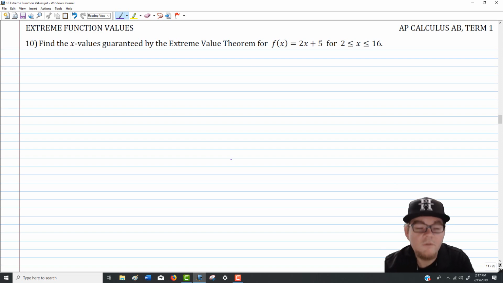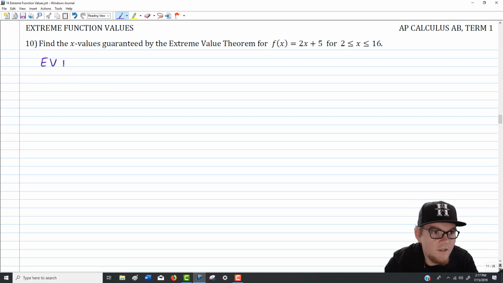So what does it mean to find those values, or to apply the extreme value theorem? So let's start by reminding you what the extreme value theorem, well, since it's written up there, I'm just going to write it as the EVT. It sounds like the kind of drink that super evolving Pokemon would drink if it's into caffeine. EVT, whatever. So in this case, EVT, what that says is that all continuous functions